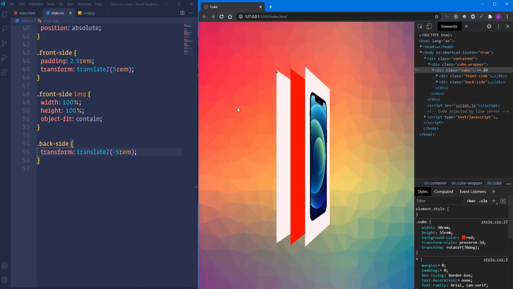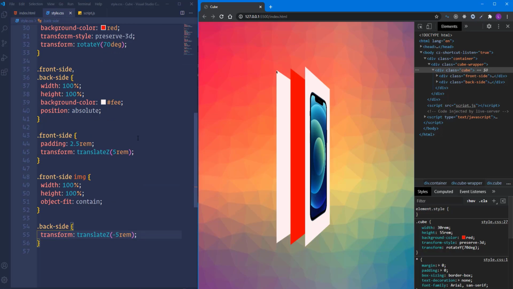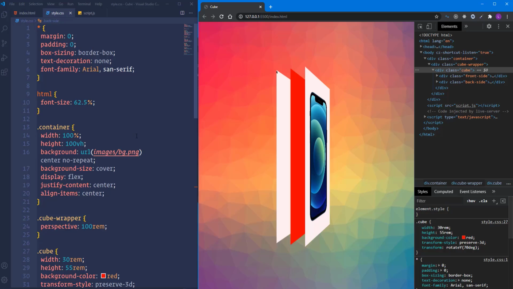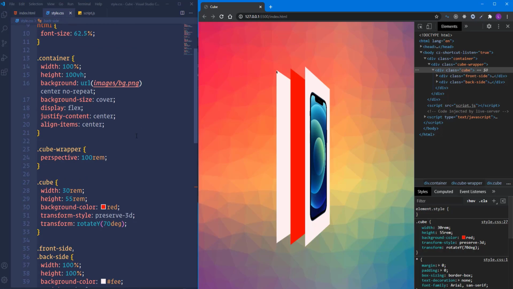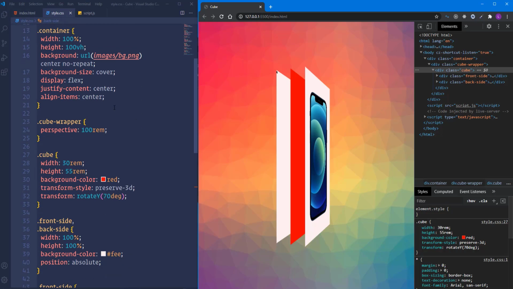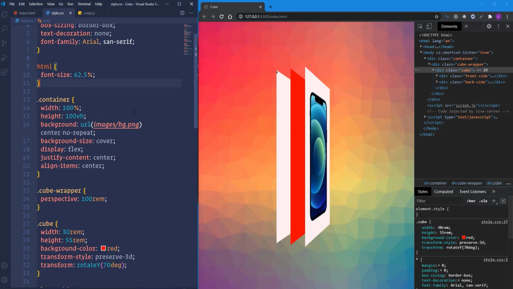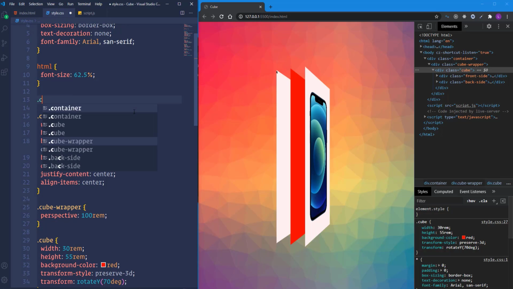Okay, before we move on to other sides, I'm going to customize the Apple icon on the back side. First of all, let's take care of the position of the icon. I'm going to place it in the center of the back side. For that, I'm going to use Flexbox. Actually, we need to use the same properties and values that we used for the container. So in order to avoid writing the same code over and over again, I'm going to create a new class in the common styles.